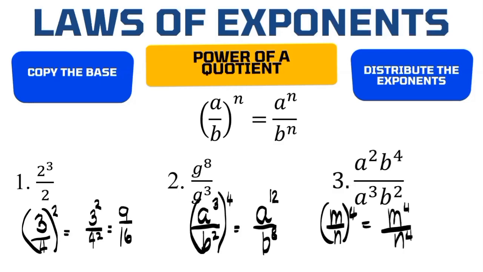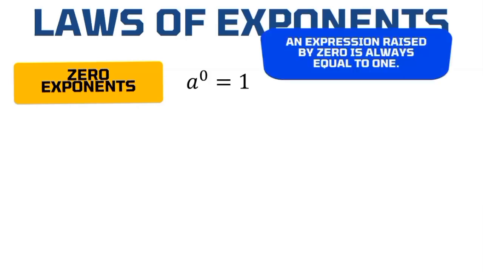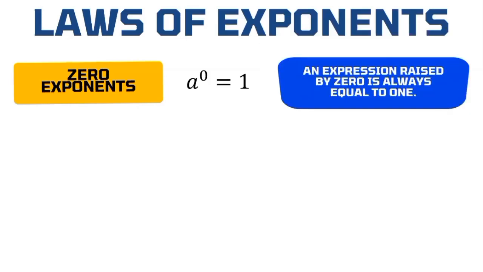And take note, there are cases wherein different laws of exponents are used in just one problem. It may be a combination of 2 or more laws of exponents in order to simplify a given expression. Next law is what we call the zero exponent. It says here, a raised by 0 is equal to 1, meaning any expression raised by 0 is always equal